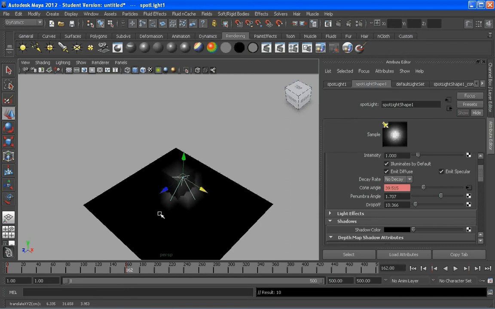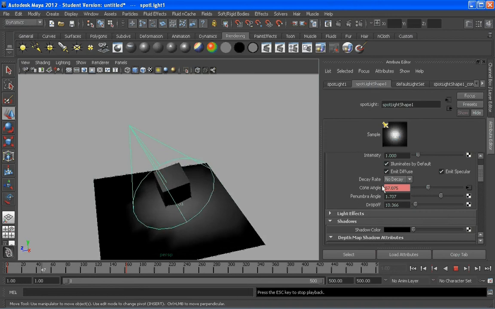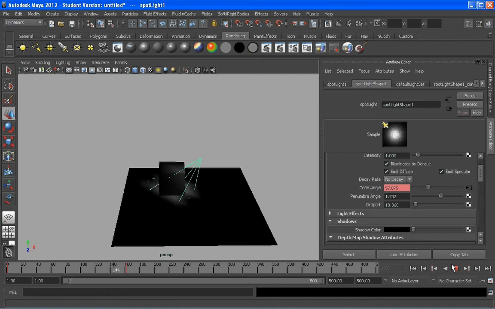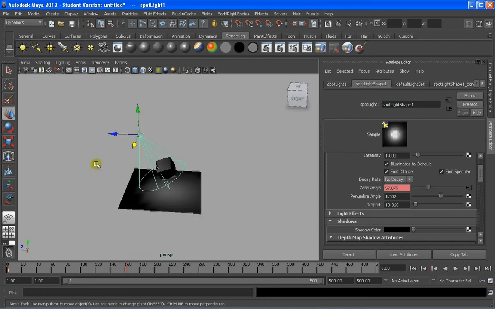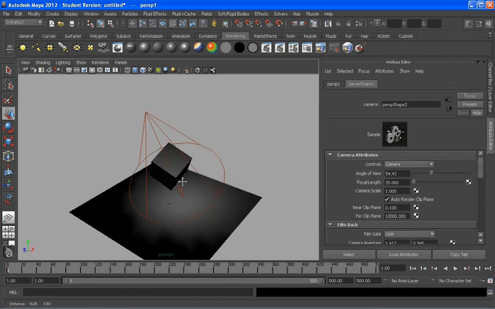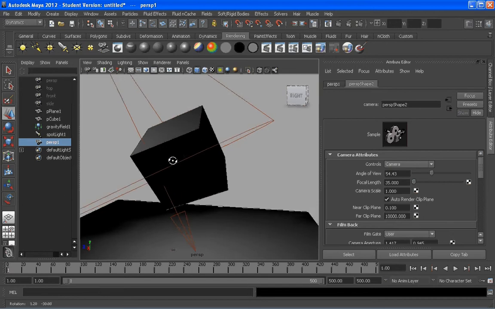And press S again, so it should now in the animation not only change the cone angle and the position, but also the rotation, which is good. Last thing I'm going to do is go to Panels, Perspective, New, and we are actually set. If I span the outliner, we have set another camera, which is the perspective 1. We can press here and allocate ourselves in a specific position,